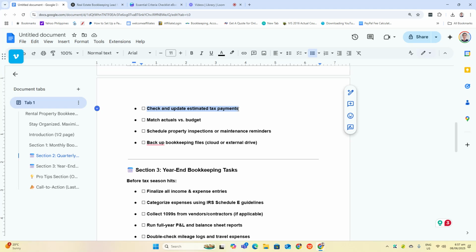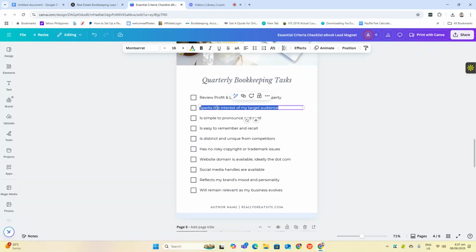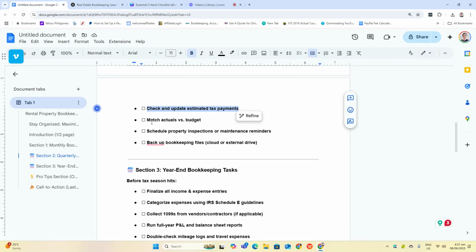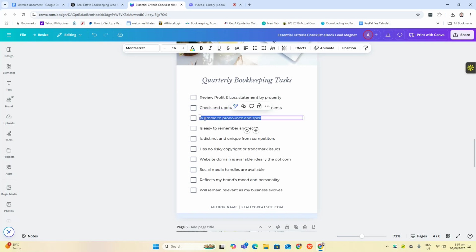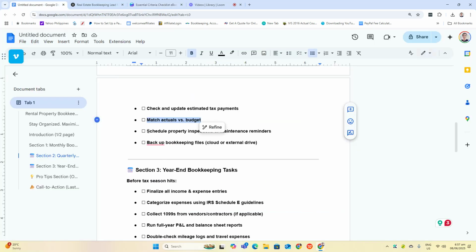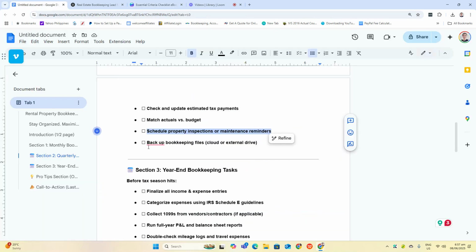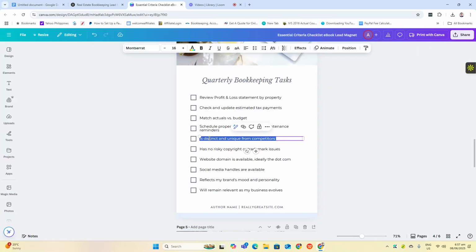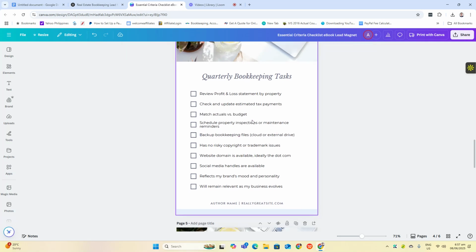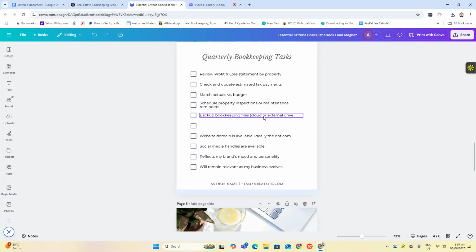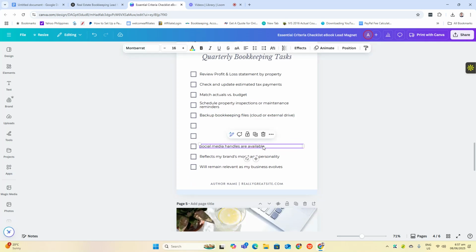Then check, match actual versus budget. Okay. Then schedule property inspections. Okay. Backup bookkeeping files. Okay. So I'll remove this one, this one, this one.